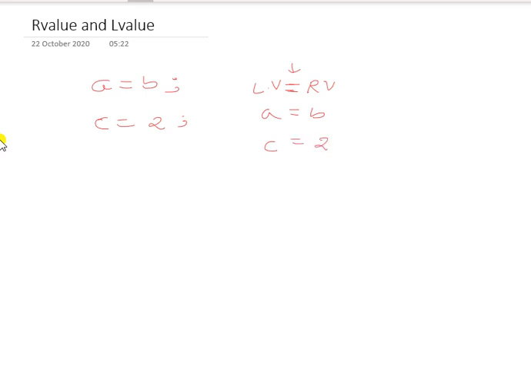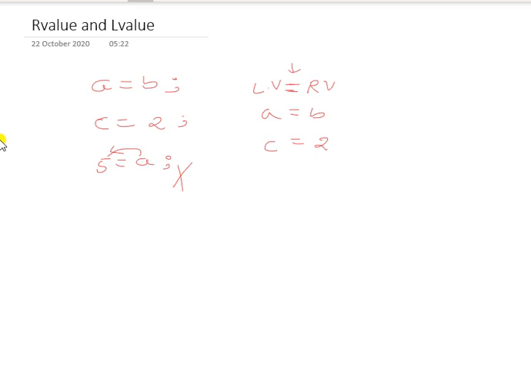Now if I give a statement like 2 = A in programming, it is invalid. In mathematics it may be so, you read it as 2 equals A, but in programming we don't. As I said, how I read it: A is assigned to 2 here, because it is the assignment operator.